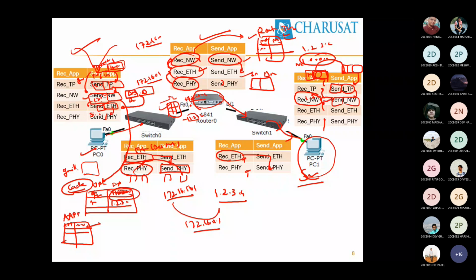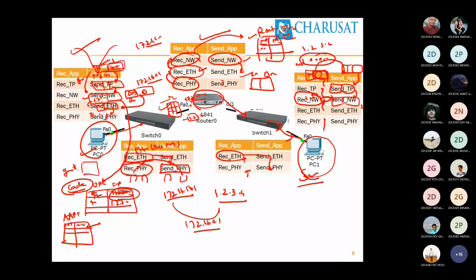Now this layer contacts this layer. Now give me the source IP and destination IP pair. So the source IP and destination IP pair was given here. Okay, swapped and written. It is given to the Ethernet layer. The Ethernet layer will work independently. These two Ethernet layers will not talk to each other. They will not talk to each other. The code is not available. The Ethernet layer says, I want to send to something which does not belong to my network. Contact the gateway.